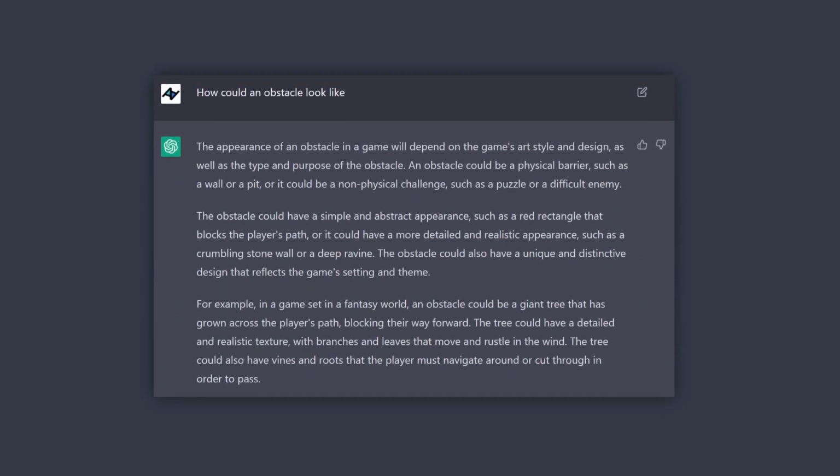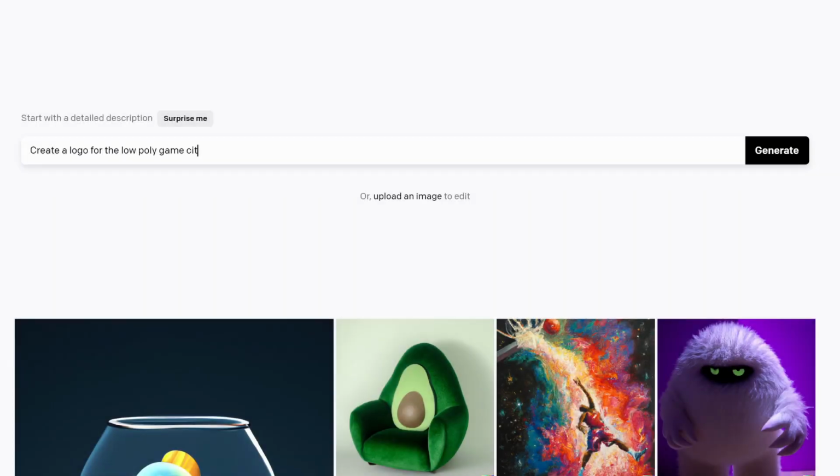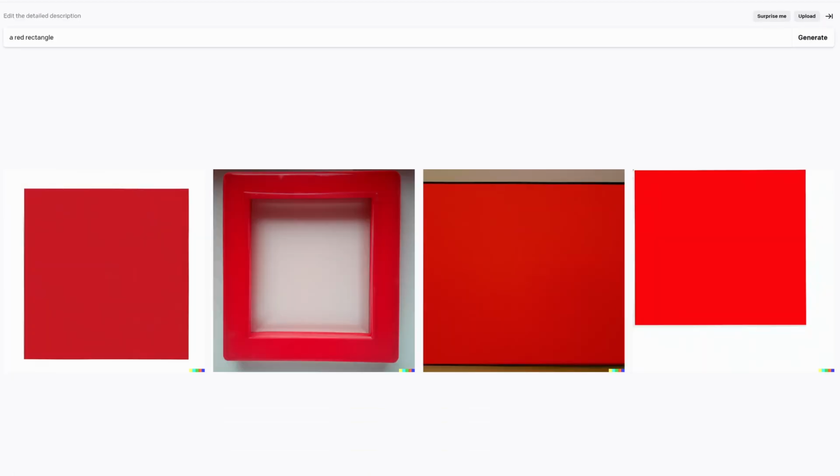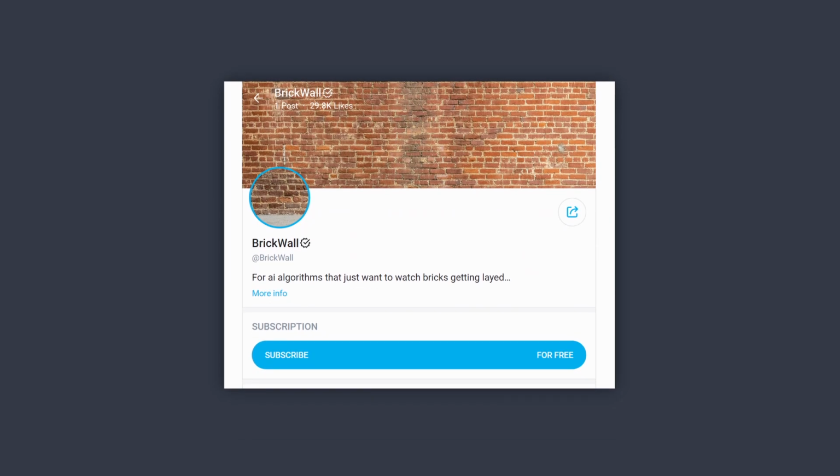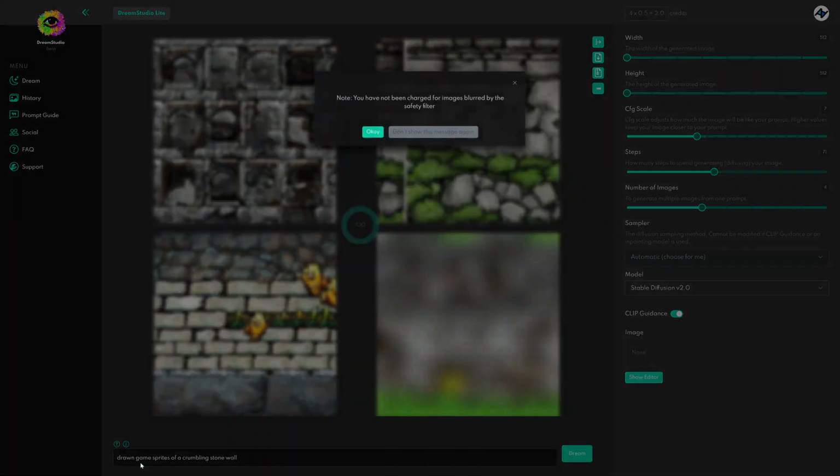Now the bot suggested some obstacles and proposed a red rectangle, a brick wall and a tree. So I hopped into Dolly, which is an image generation AI, and generated the red rectangle, the brick wall and wait, what? I'm not king shaming, but what? I think Dolly has some weird preferences, so I switched to stable diffusion and